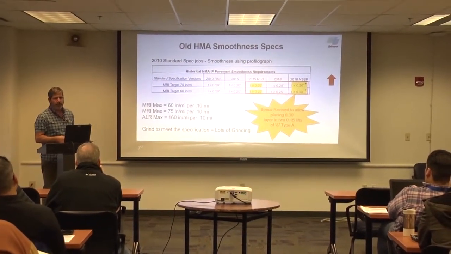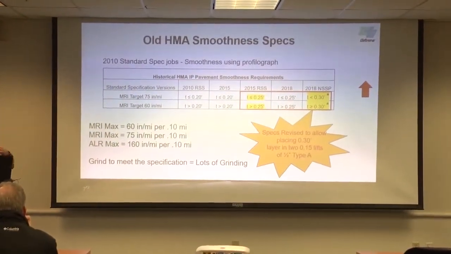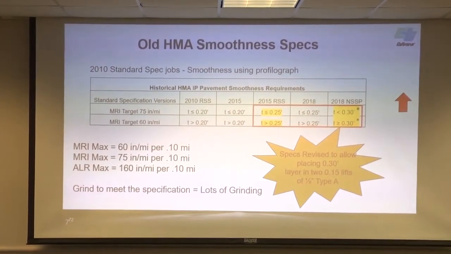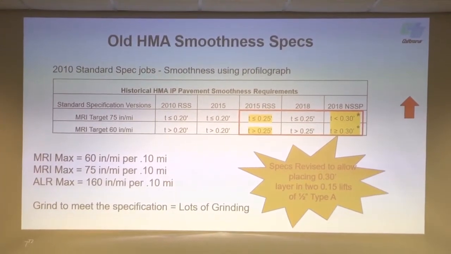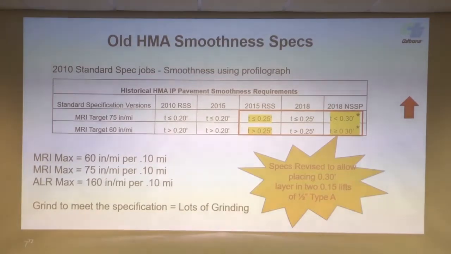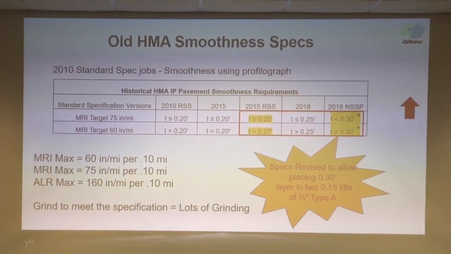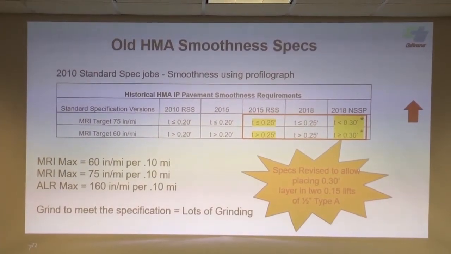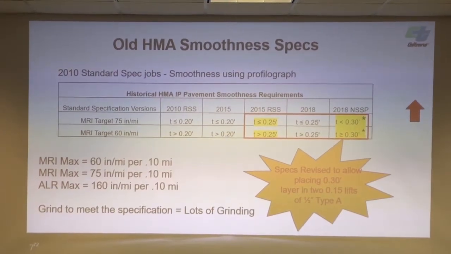So in the past, we had these two different types of jobs, thick lifts and thinner lifts, right? We had a 60 spec, a 60 MRI spec, and a 75 MRI spec. Years ago, when we first started with MRI requirements, we basically said if you had 25 hundredths or greater, you went with the 60 spec. So that has now been changed to 3/10 or greater. You go with the 60 spec, and now we're calling it the 60 target spec.